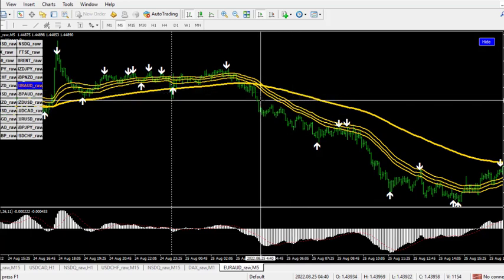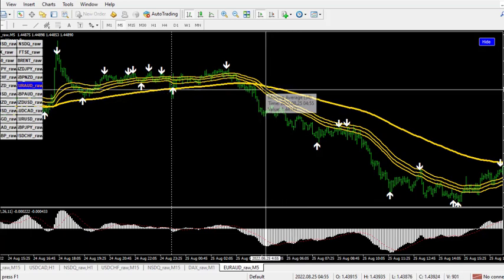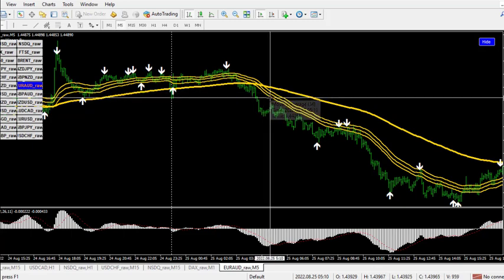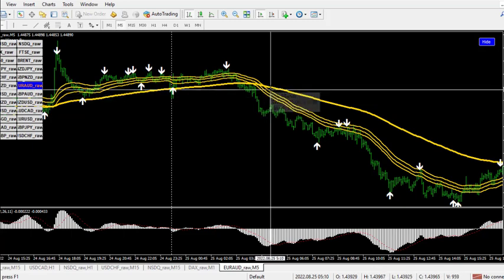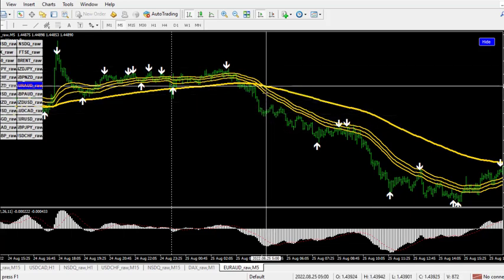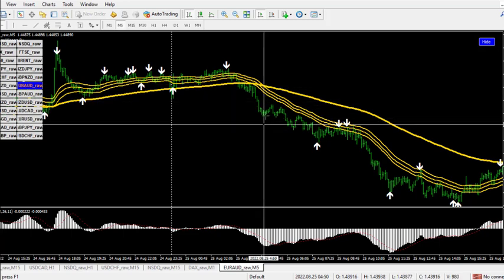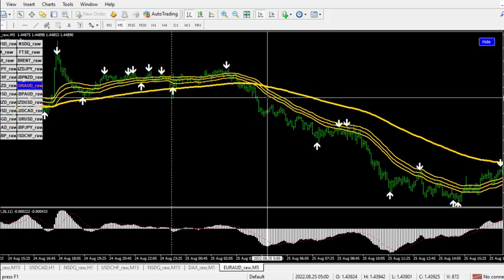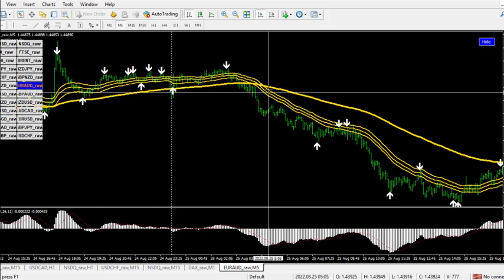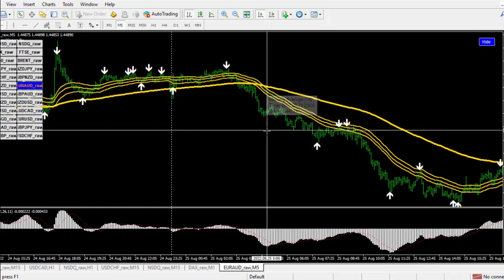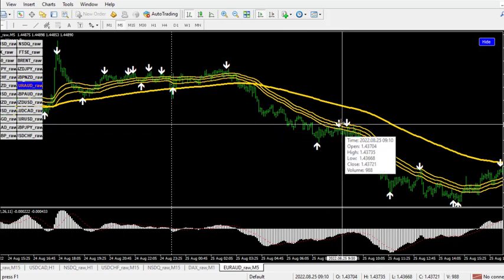How to use this particular strategy is to make sure that the 3 moving averages, the lower one, the 34, crossed the 139, and that is the first signal for this particular strategy. This is Euro Australia dollar, and this is the first place to place your order. This is the first point for you to place your order, and the second point is this: when